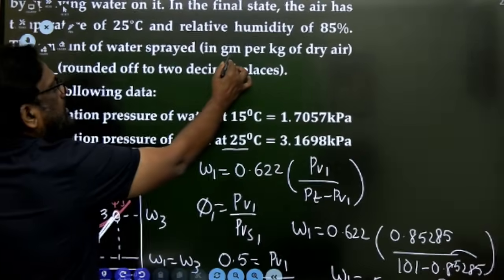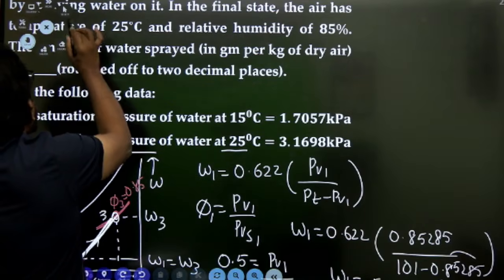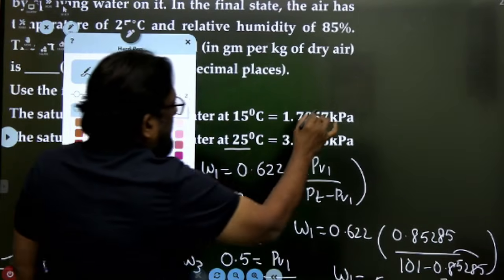He is asking in gram per kg per dry air. तो क्या करेंगे सर हम? What to do? क्या करेंगे सर? So इसलिए